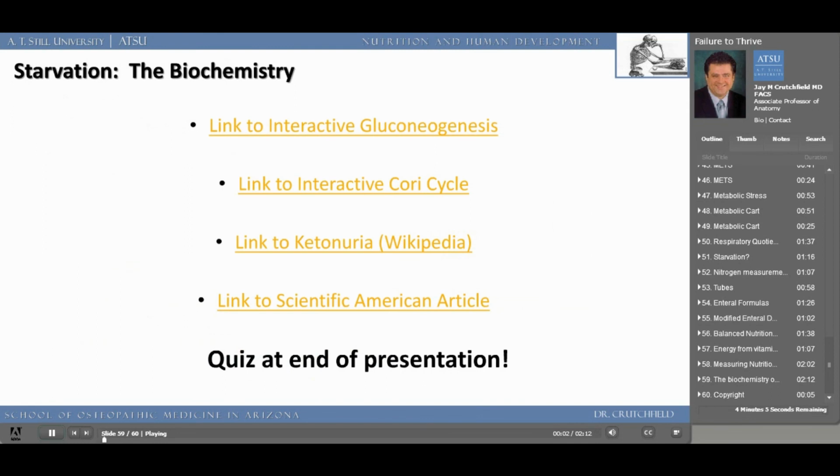So I saved the hardest for last. If you want to go and understand the biochemistry of all of this, I've given you a link to an interactive site which goes through gluconeogenesis. A patient will enter gluconeogenesis once their glucose stores and their glycogen stores have been depleted. Once they go into starvation, they actually will begin making glucose from protein breakdown. Lactic acid is broken down in the Cori cycle,